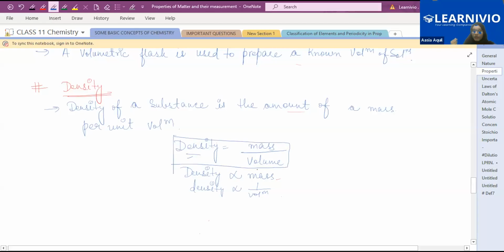Now, if I tell you to find the SI unit of density, how can you find it? We know that density is equal to